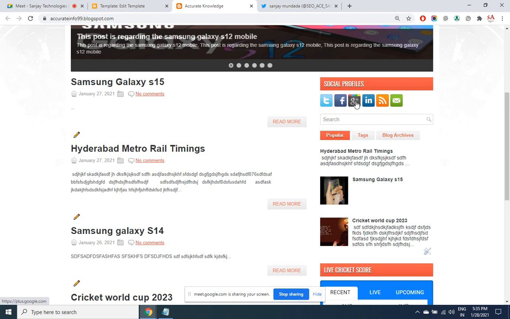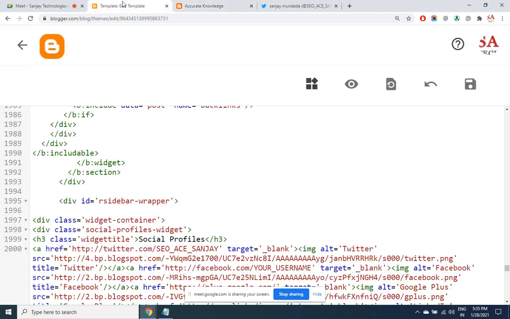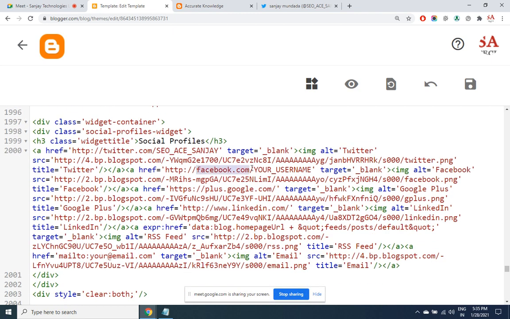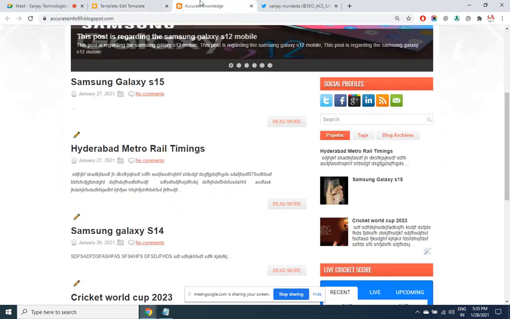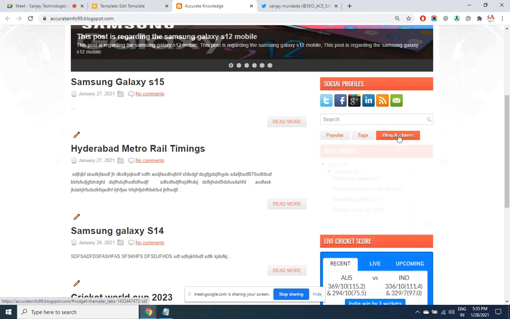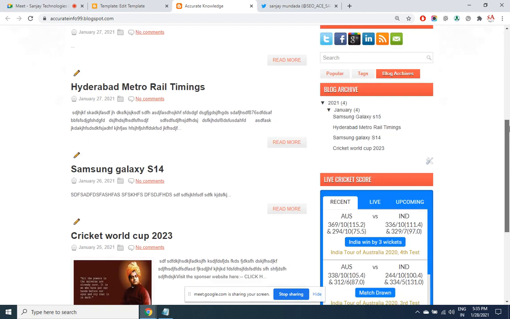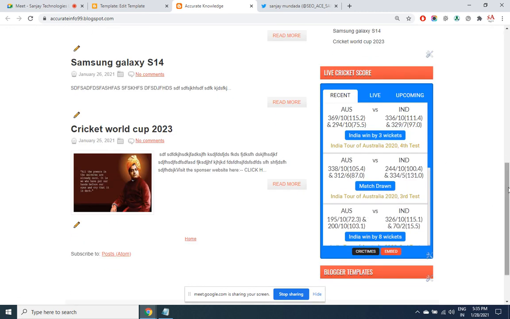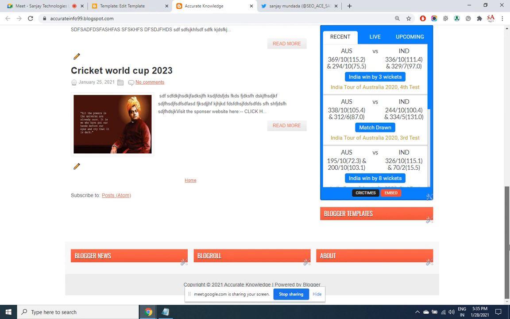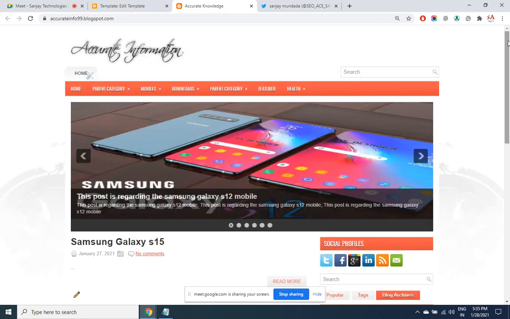Likewise, you will find it even for Facebook, Google Plus, LinkedIn. See here. All that is there within this group of code. Facebook, Google Plus, LinkedIn. In this way, you can provide the links to each of your social accounts. We'll come to tags. So this is a nested sidebar, live cricket score, which we have put there. So sidebar and footer, how to work, we have already seen that. This is the way that a private theme works.